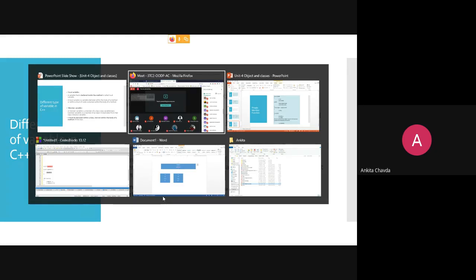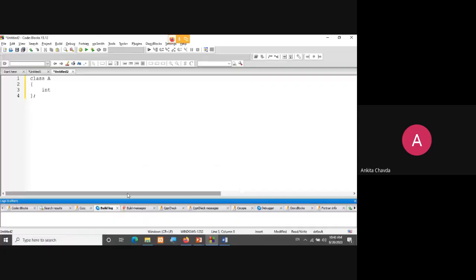So say suppose I'm having over here one class A, and within this class scope, I'm having this integer variable a and float variable b.